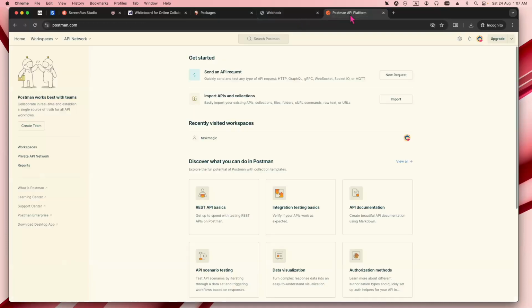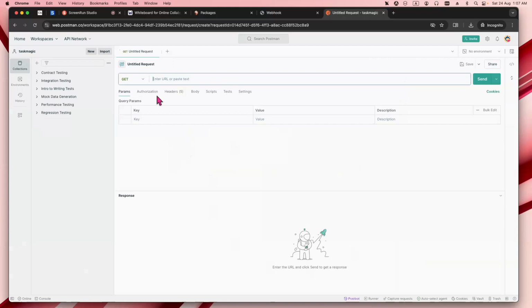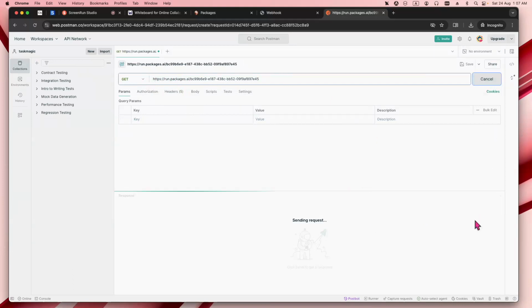If you have signed up for an account at Postman already, if you click home, you should see this page. Just click on the one that says new request. You should see the same thing as me, very plain, very vanilla, very simple to understand. The first thing we need to do is paste the telephone line, or the URL, in this space here. So if we were to hit the send button right now,